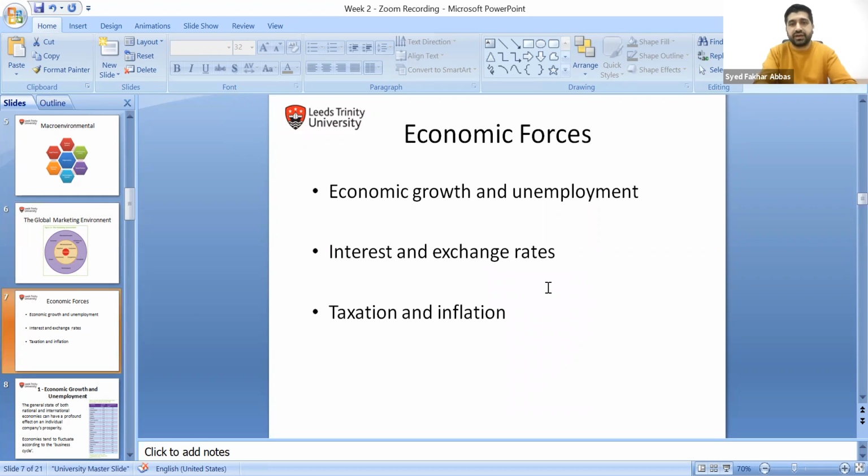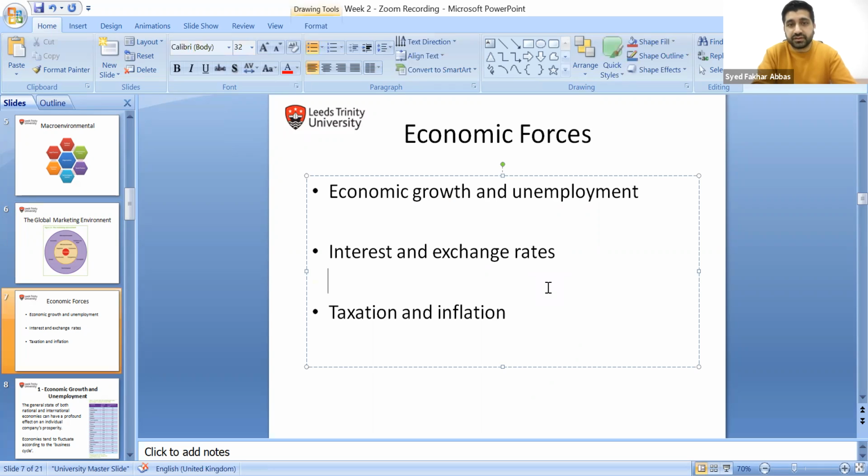So let's talk about economic forces. There are three main economic forces that affect companies. Number one, economic growth and unemployment. Number two, interest and exchange rates. And number three, taxation and inflation. So these are the economic factors. Those affect any company, any business directly. We'll talk first about